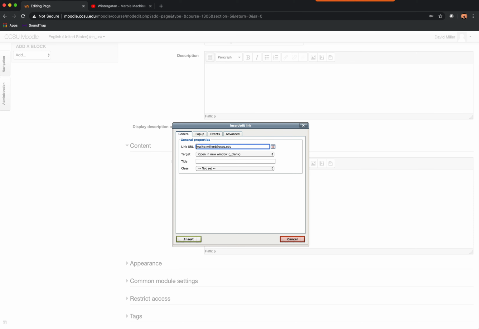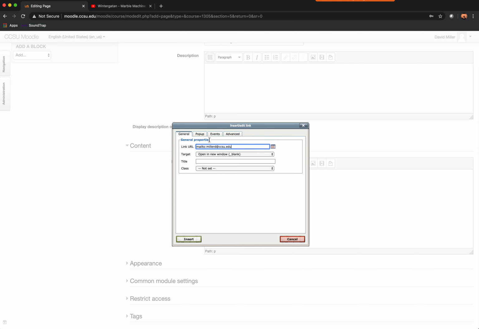That mailto is the signal to HTML that this is a special kind of link. When you click on the link, it will open whatever mail client that person has on their computer, and put this email address into the addressee field.